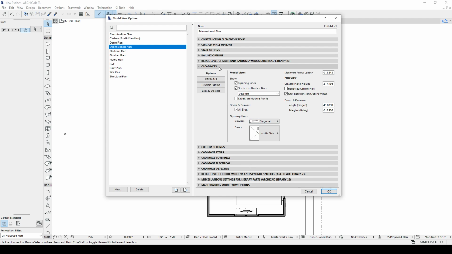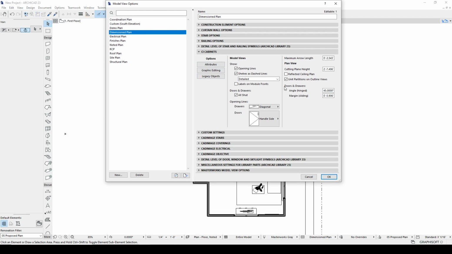Now, these features from here down, most of them anyhow, these are from objects. So you can create a GDL object that doesn't actually have an object at all. And what it does is it creates an interface for the model view options. So there is an object somewhere in a library that Archicad's finding. It's creating this interface for the cabinet image,